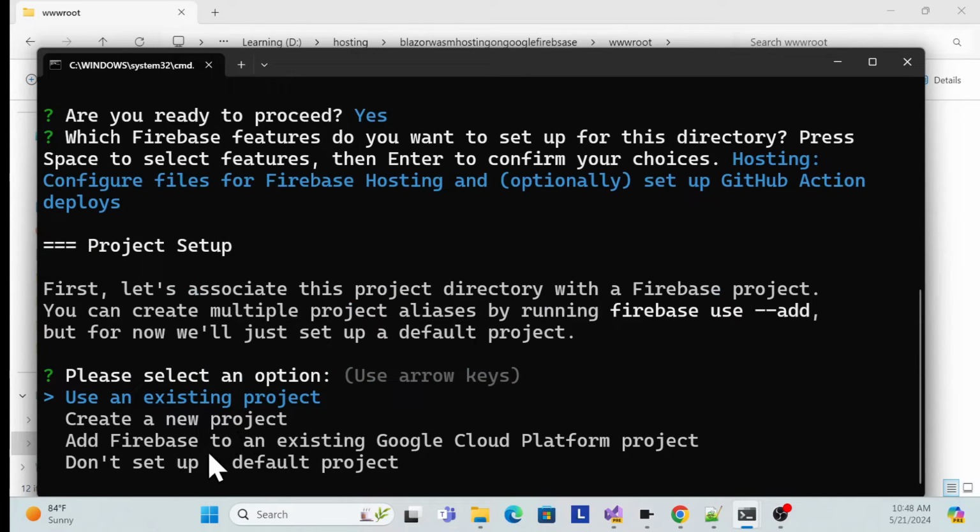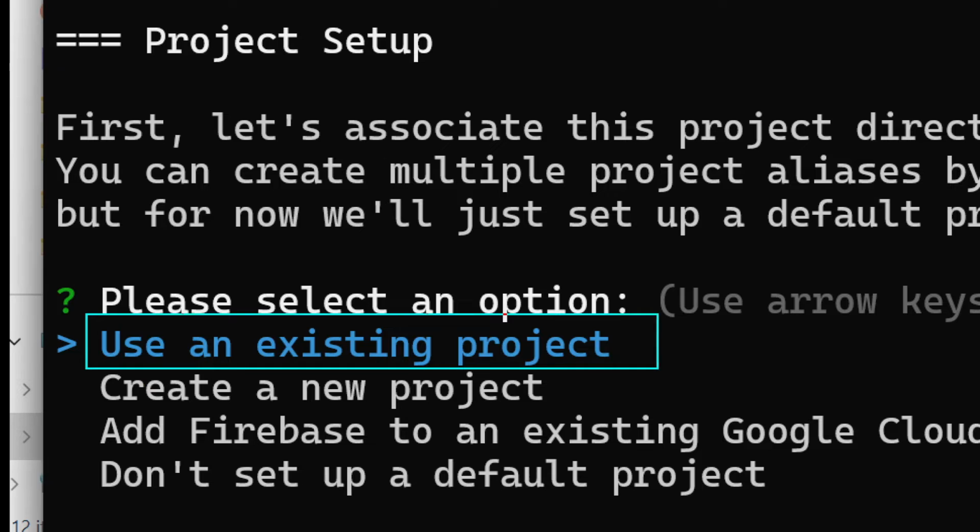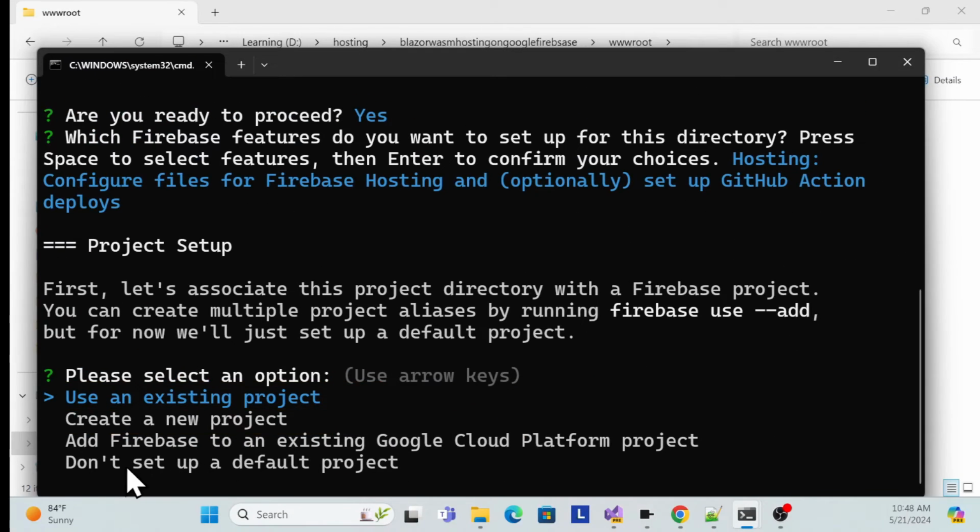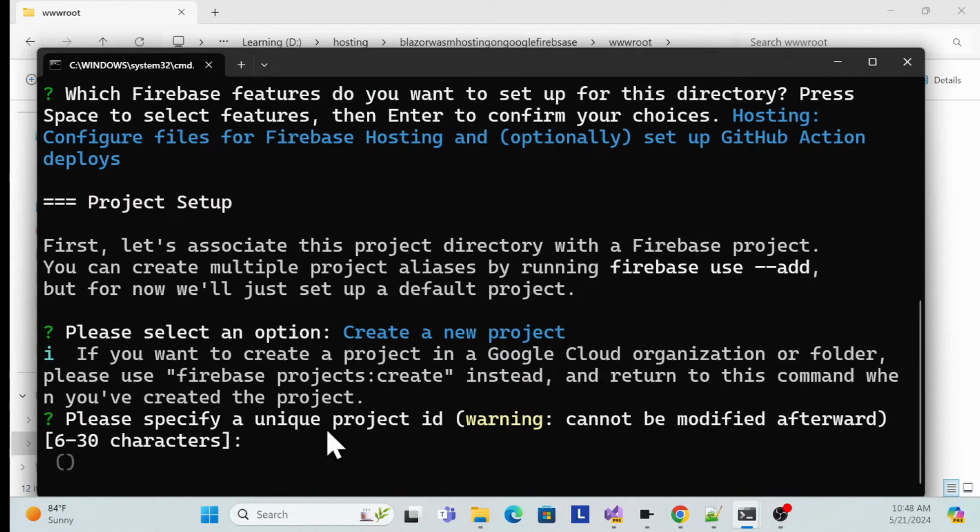And then it is asking me: if you want an existing project, use this option. If you want to create a new one, you can use that. You can also add Firebase to an existing Google Cloud project, or don't set up a default project, and there are other options. Last time I used the existing one, but this time I will use this one, create a new project. So simply hit enter, and here they ask me to give some unique name, right? So let me quickly add Blazor Wasm